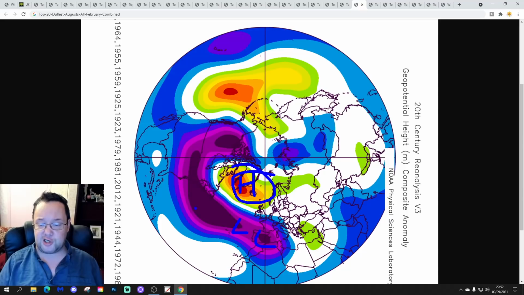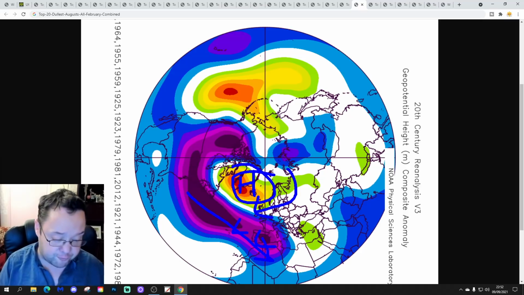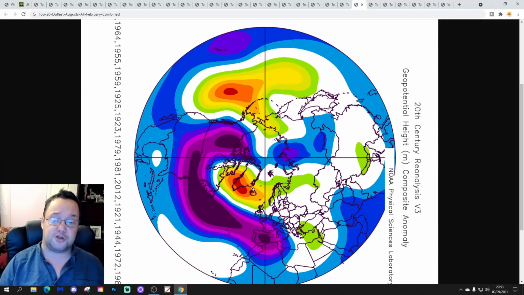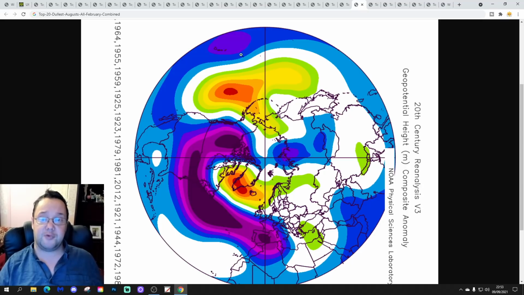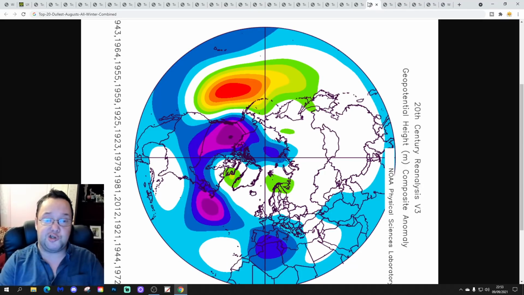We send low pressure and the jet stream southwards, and you can certainly see that we could pull in easterly winds. So February is clearly coming out on top, following the top 20 dullest August, as having the greatest cold potential. All winters combined look like that, but I'm not sure how useful this is, given that every month varies. So we know December has a very mild, zonal, wet look about it, and February has a much drier but much colder look about it.